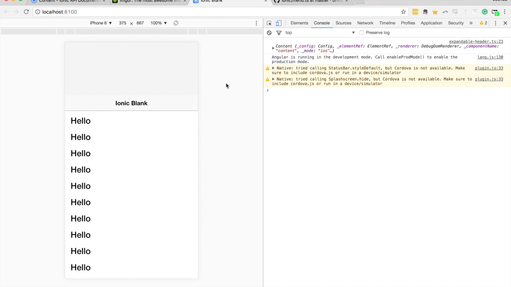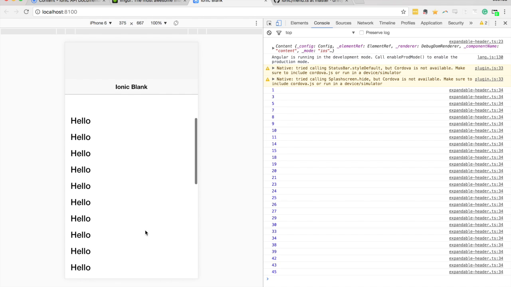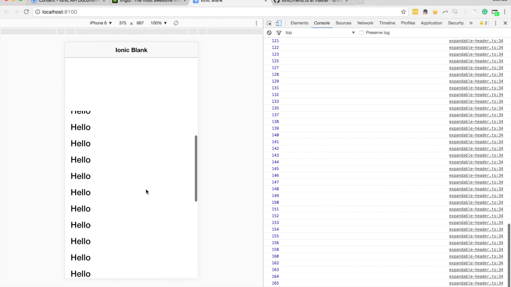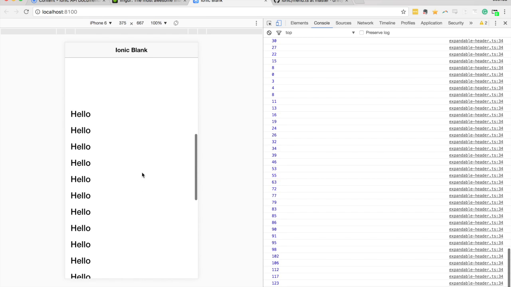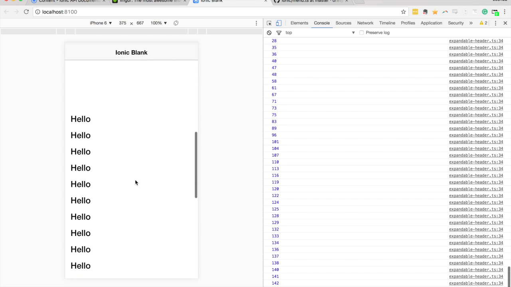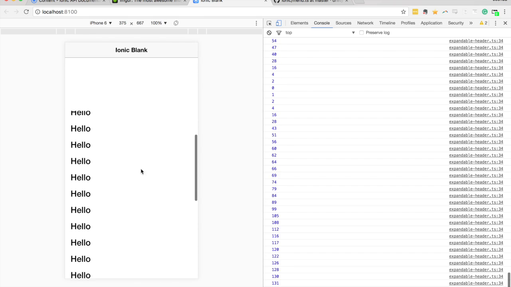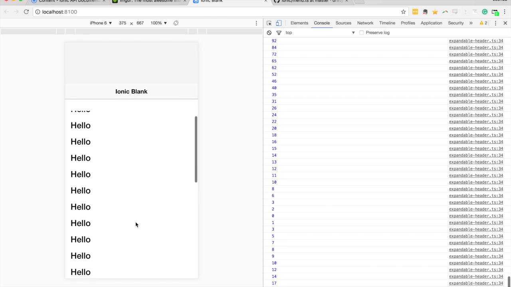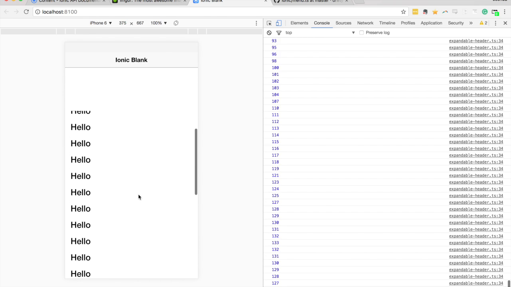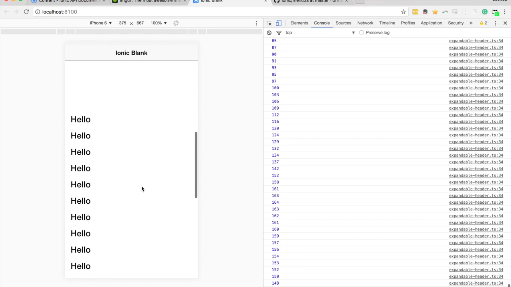Okay, so I'll try scrolling now, cross my fingers, hope nothing crazy happens. And as I scroll, we do have that header expanding and shrinking, which is cool. That's exactly what we want to happen. And now, as you can see, the only sort of weird thing that is going on here is there's this sort of